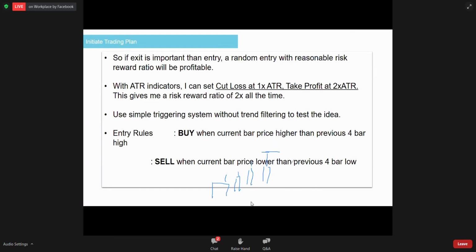Okay, if the 5th bar trades higher than this price level, I will go long. I will go long at the highest of this bar, or go long here. It depends on the market movement. Usually I will go long here and take more risk, because if it's a good trend day, usually it won't come back.